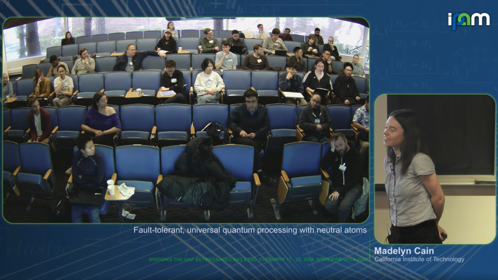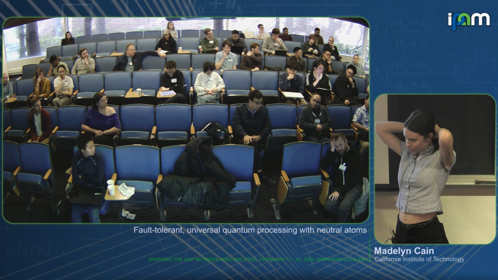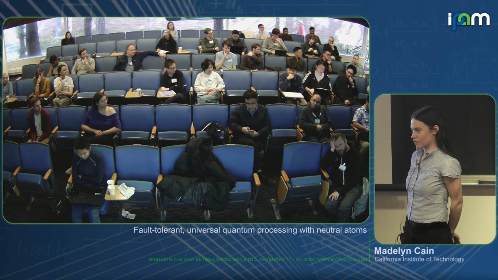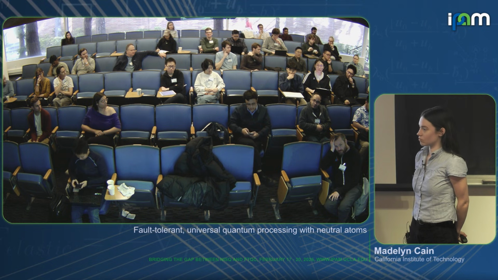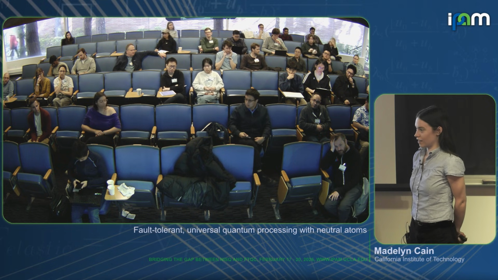For the inherent fault tolerance, my first reaction to hearing that is, oh, maybe to first order, but surely there's some higher order non-idealities here. So I want to ask, is that analytically true, completely, or are there higher order non-idealities that you might need to think about or compensate for?